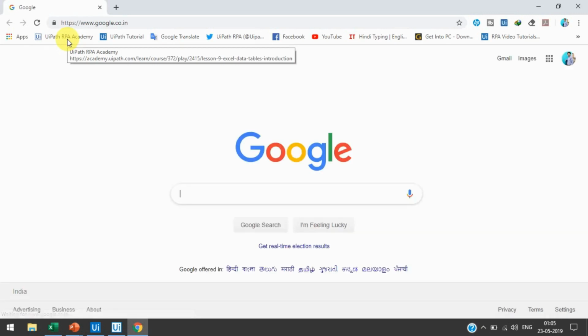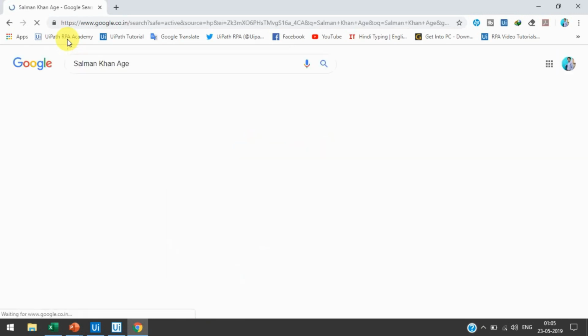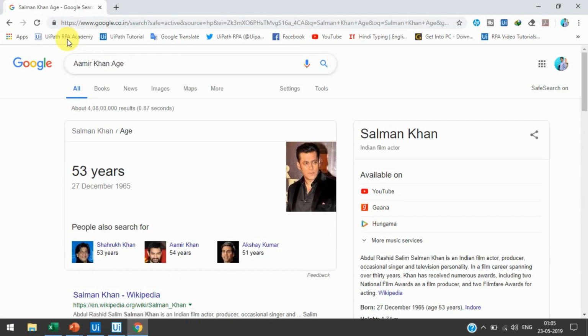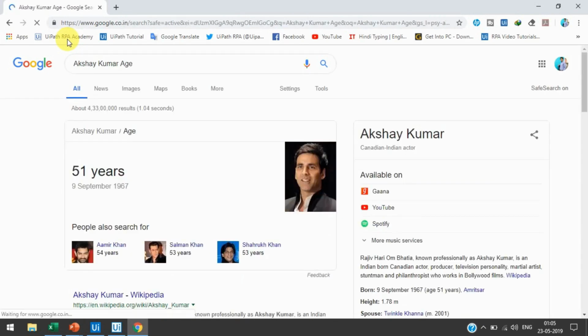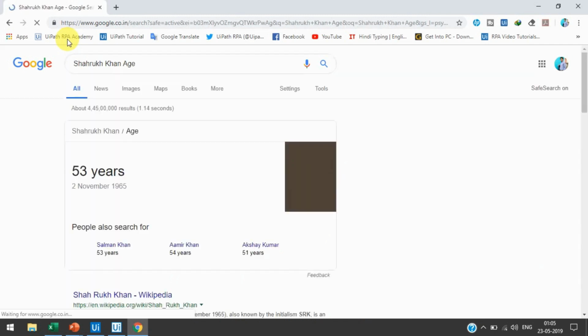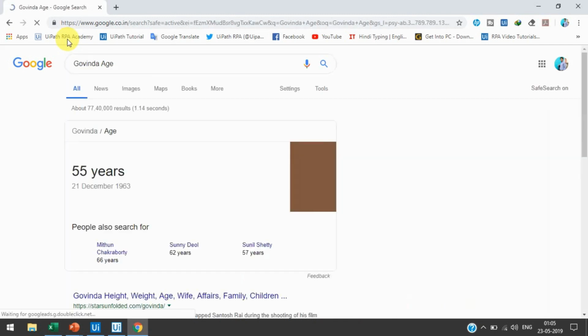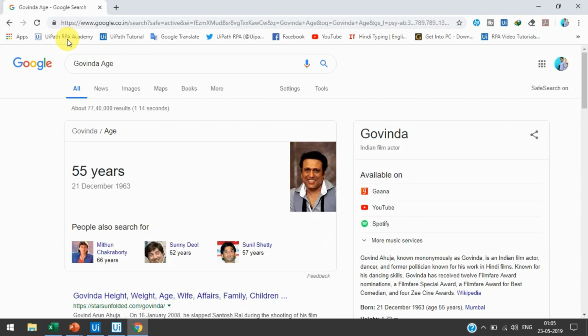So the Chrome browser has been opened, google.co.in has been passed, and now it's passing the actor's name and it's trying to get the age here. It's passing all these actors' names, and now let's see if it's writing the age value in Excel or not.